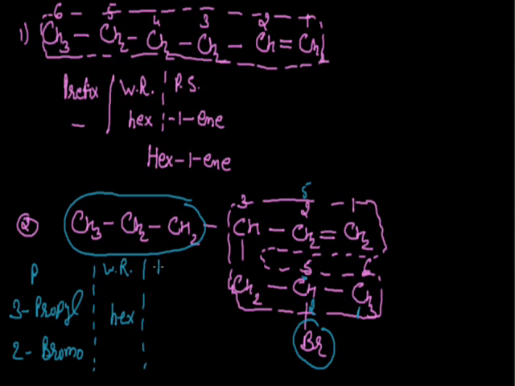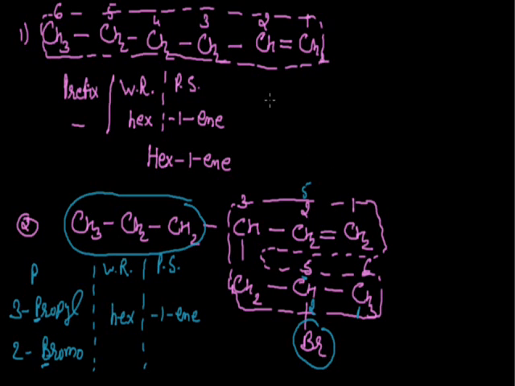After that we will add the primary suffix for the compound. The chain contains a double bond, so the primary suffix will be "-ene" with the position 1, so it will be 1-ene with no secondary suffix. Here we have two prefixes, so we will write them in alphabetical order. Bromine starts with B and propyl starts with P. So according to the alphabetical order, we will write bromine first.